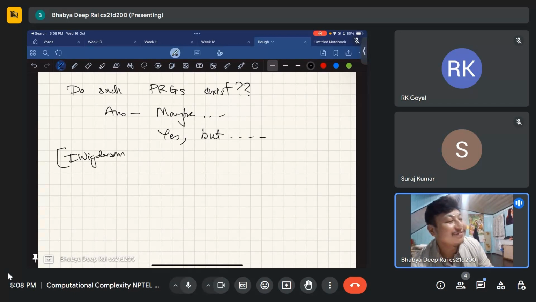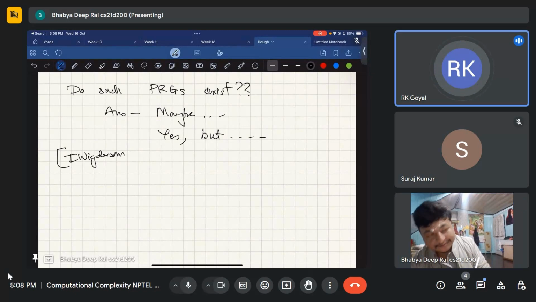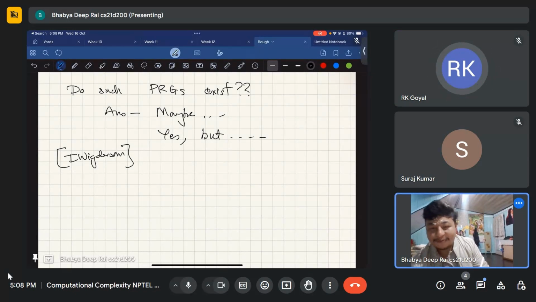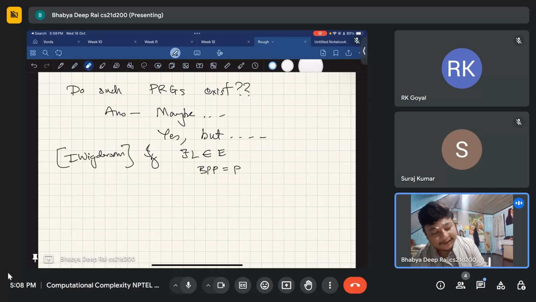Impagliazzo-Wigderson. Remember, it's the same guy, we did Impagliazzo's theorem? Okay, Russell Impagliazzo and Avi Wigderson. Last time I think I told you that Wigderson won the Turing Award this year, right? Impagliazzo-Wigderson come up with a pseudo random generator which says BPP equals P if there exists a language in EXP. Actually, it's E, but I'll be loose and say EXP, such that L requires circuits